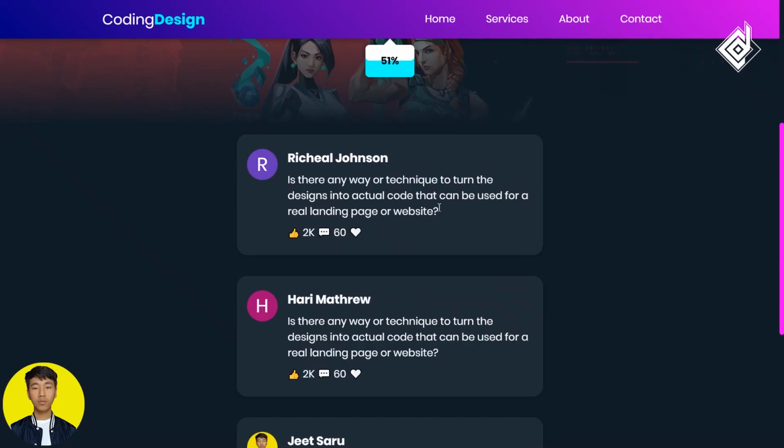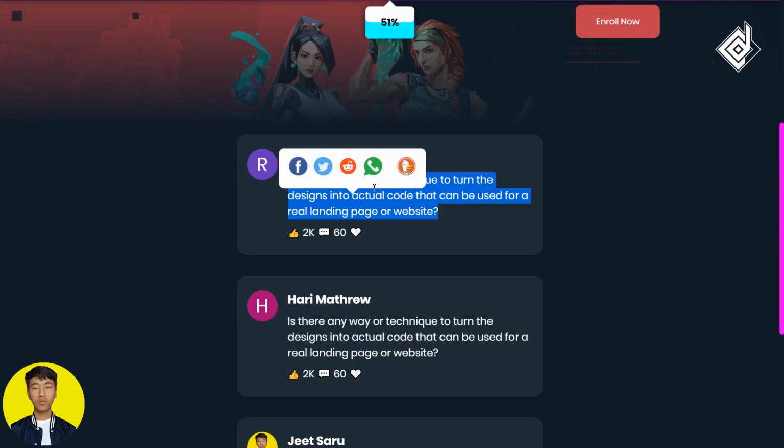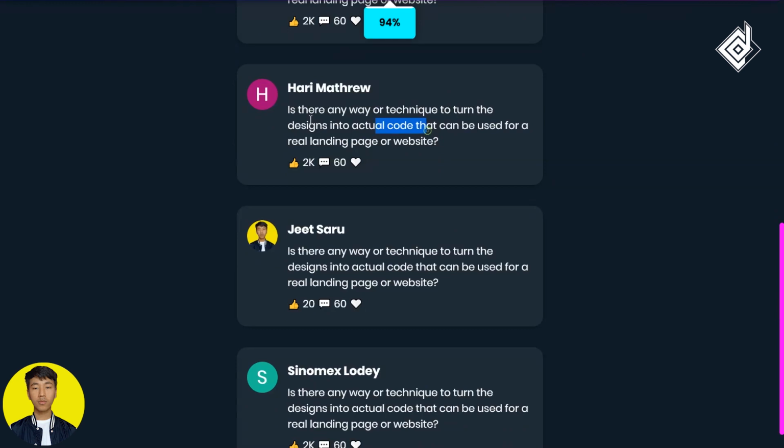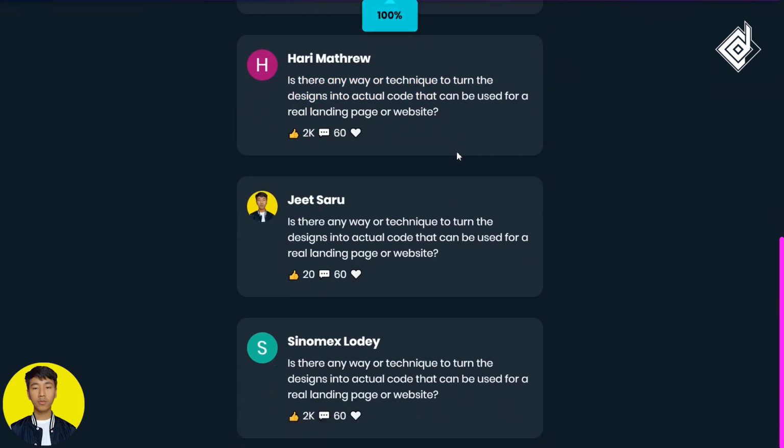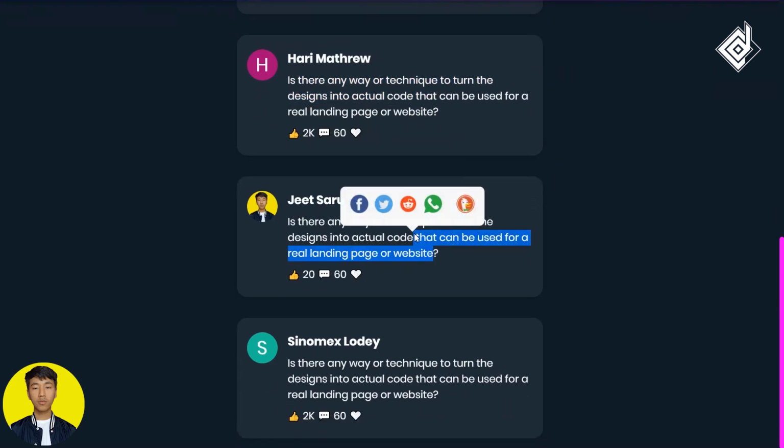So in your browser, if I select this code, you see that you will be able to get that beautiful share button with animation. And if I just click outside, it's gone. So this is exactly what I want. But I have noticed that when you click any specific social media icons in our share buttons, it will disappear. But I don't want that.